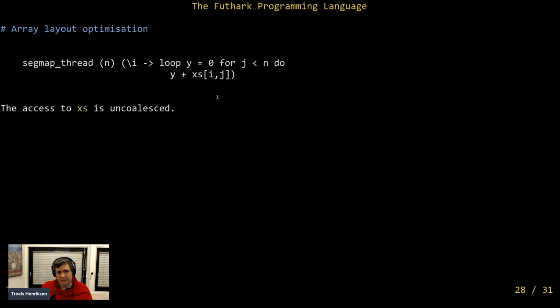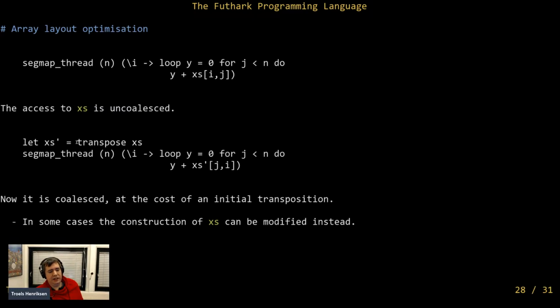The way the Futhark compiler fixes this is that it notices these patterns and determines that this is not an efficient access pattern for this array, assuming it's row major, and then inserts a transposition of that array to make it column major, and then we access that instead, and flips the indexes here. And now the accesses actually are coalesced, because now each thread jumps with a stride of n, I guess, or m, depending on what it is, and neighboring threads will access the neighboring elements in memory. So this is a standard coalescing optimization, and the cost is just doing this transposition.